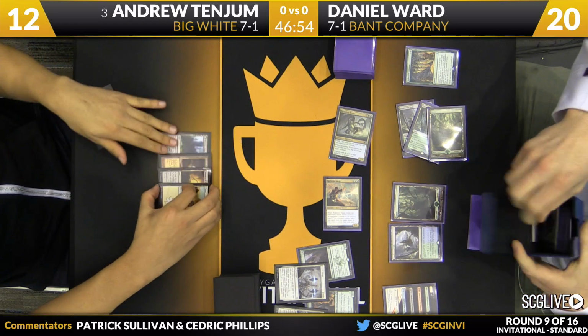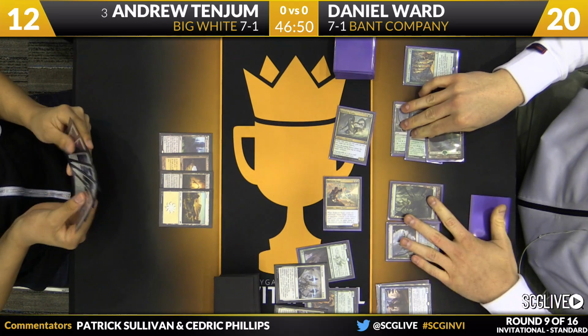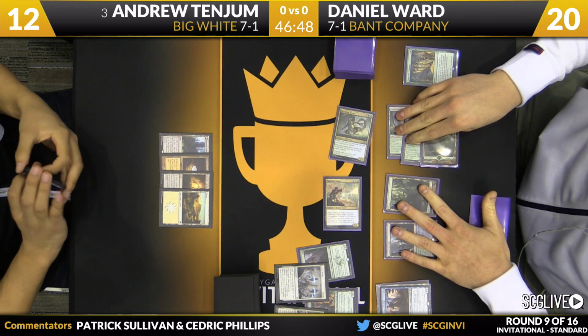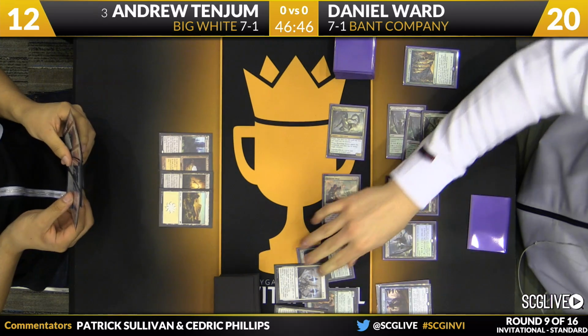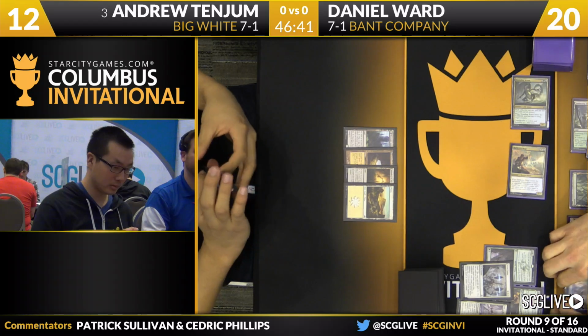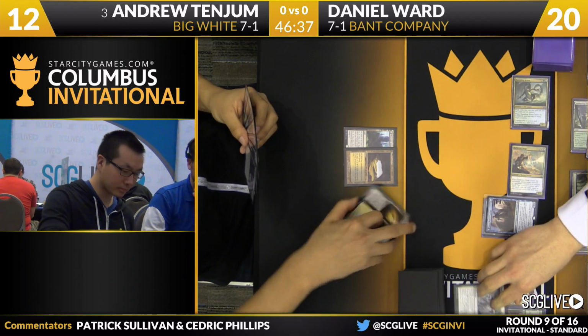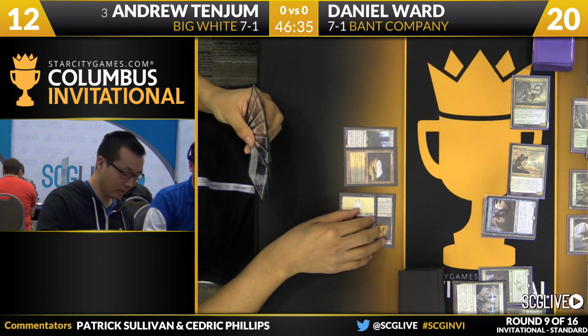The powerful Planeswalker will resolve, and we head back Tenjum's way. Jace, also a nice payoff here for Ward if he can keep it on the battlefield. He can loot and try to get to white mana, unlock the rest of his hand. If it stays on the battlefield uncontested, he can eventually flash back that Collected Company. If Tenjum spends time trying to answer the Jace, well, Ward's attacking for 5 right now, and Tenjum's already fairly